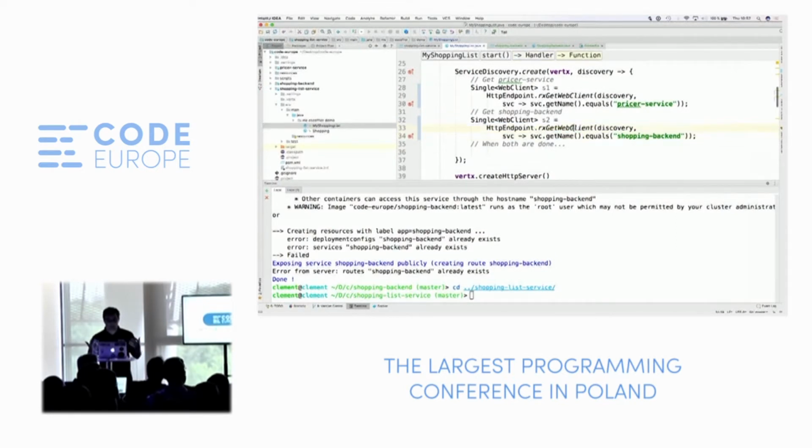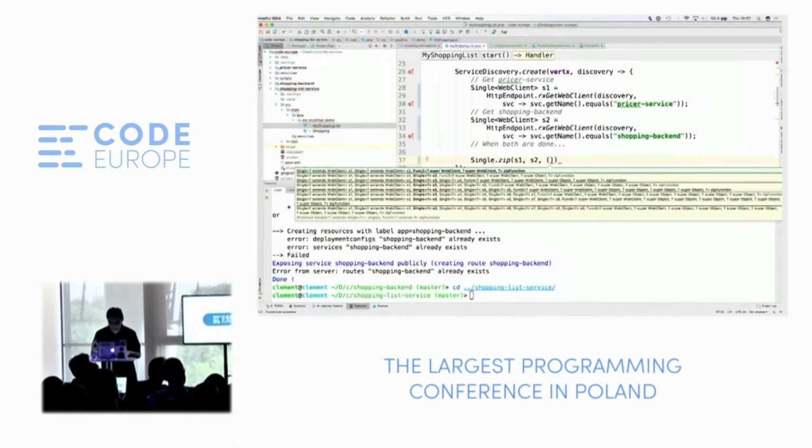So now I need to do something when both are found. Wow, if I do that with callbacks, the two callbacks may be called at the same time, so I need to check whether the other one has been called and stuff like that. So you have at least 4 alternatives here, and that's with just 2 services. So imagine if you have 8 services. It just doesn't scale. But we are using Rx, so what I'm going to do is just zip S1, S2. And zip is going to call this,